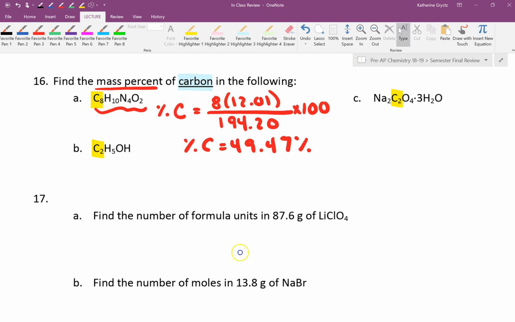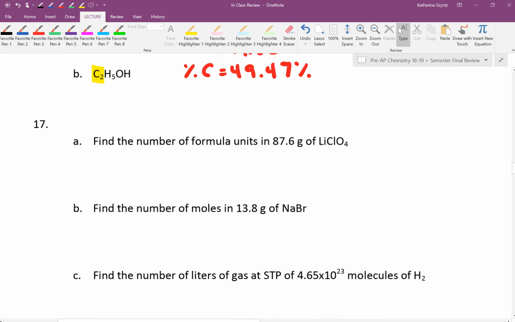Okay, so the next thing up was, can you convert between units if it was just one chemical? So can you get everything to moles and then convert from particles to liters of gas to grams, whatever I'm asking you to do? So on A it asked you to find the number of formula units in 87.6 grams of lithium perchlorate. Formula units is a particle. It's just the word we use for particles for ionic